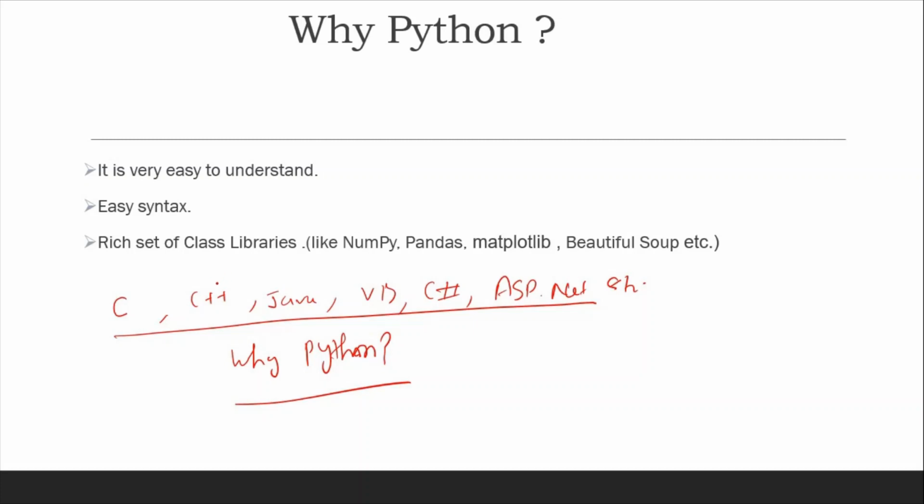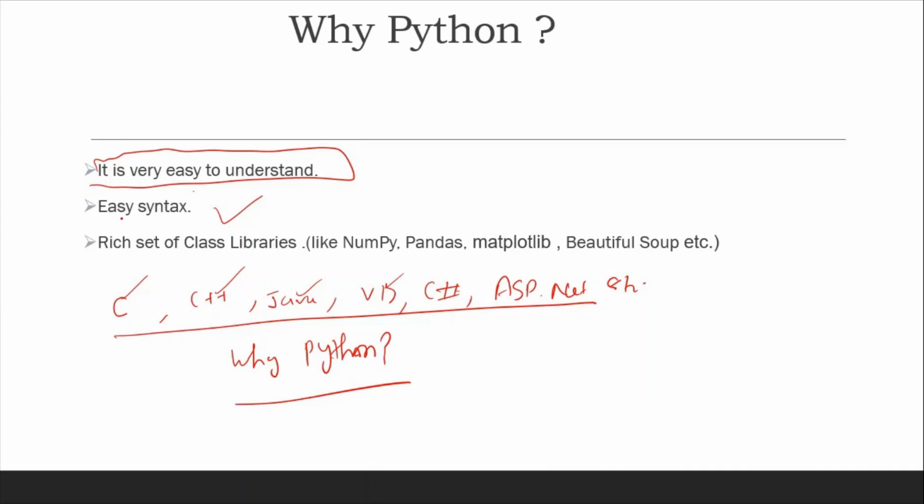The answer is that it is very easy to understand. I will show you by a practical example in the demo, so that you will understand why it is so easy. The next one is easy syntax. Its syntax is very easy compared to these languages. You can do everything in Python as you can do in these previous languages.